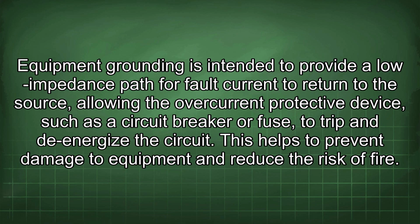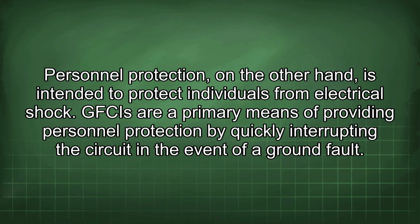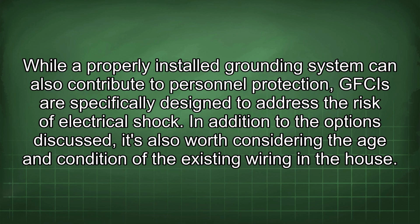This helps to prevent damage to equipment and reduce the risk of fire. Personnel protection, on the other hand, is intended to protect individuals from electrical shock. GFCIs are a primary means of providing personnel protection by quickly interrupting the circuit in the event of a ground fault. While a properly installed grounding system can also contribute to personnel protection, GFCIs are specifically designed to address the